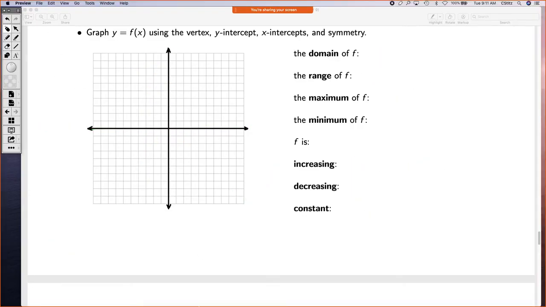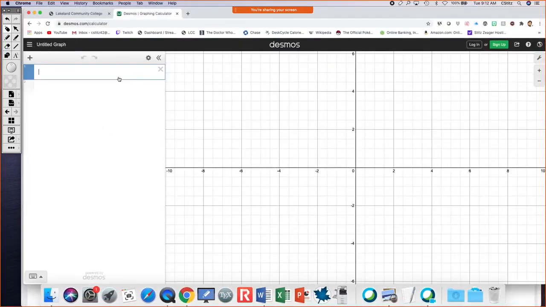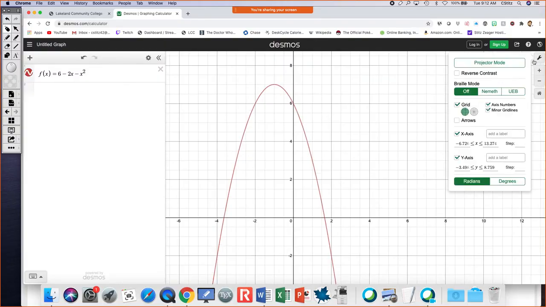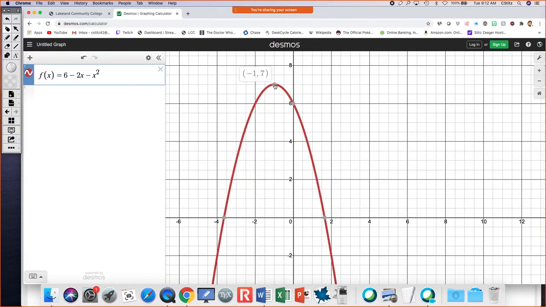All right, let's plug this one into Desmos. Check our answer. So there's what a parabola looks like. There's our vertex. There's our y-intercept. Let's check the x-intercepts. Now, once again, these are approximations here. All right. Let's look at -1 plus square root 7,